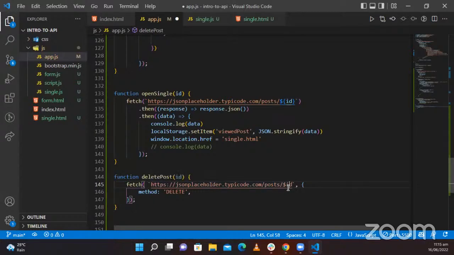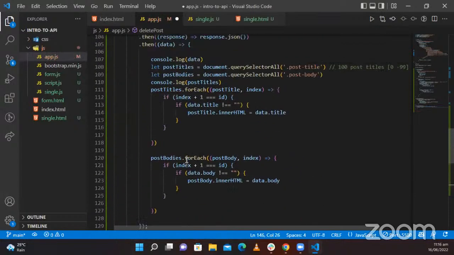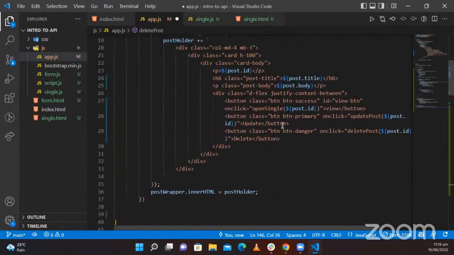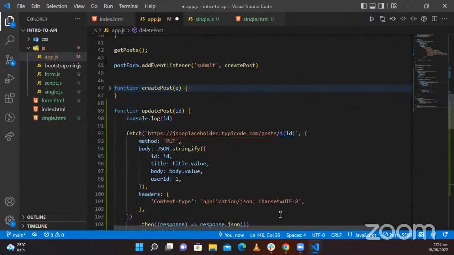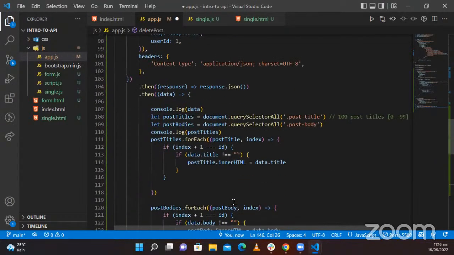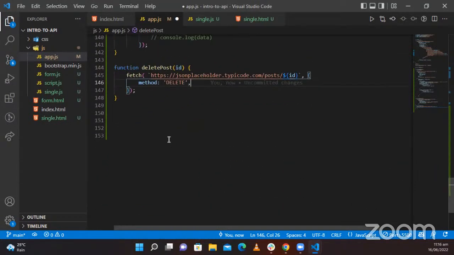Okay, so delete post. This delete post is on my button already. So I have on click delete post. Now what happens is that when you delete, you're supposed to get, if you console log this now, if you do a dot, then